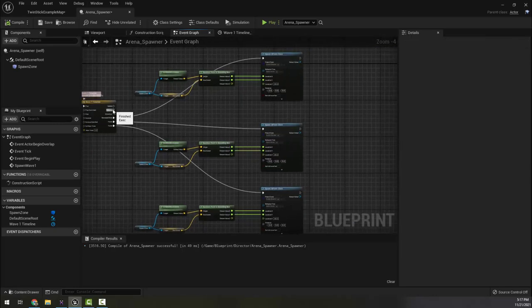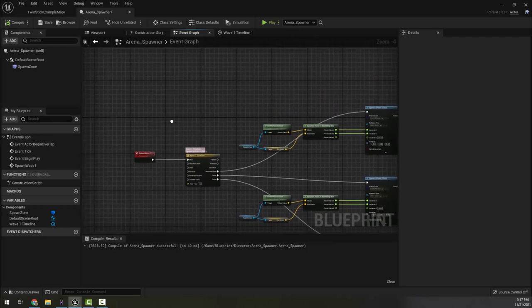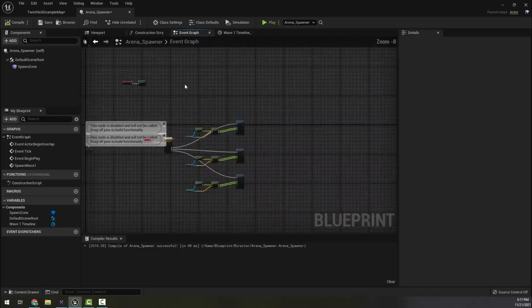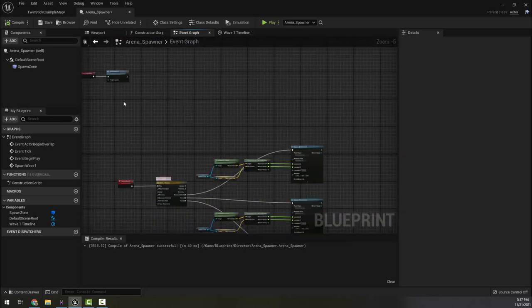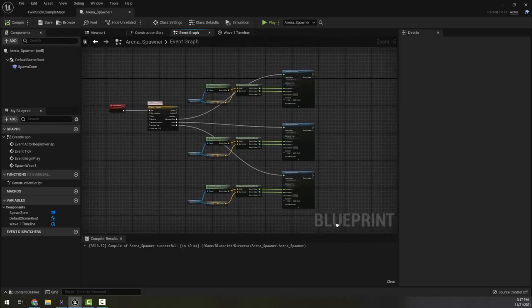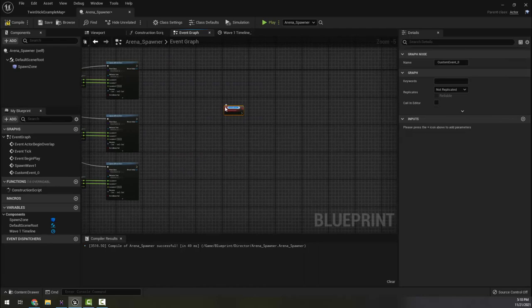And what we need is a way for it to check to see if all the enemies are dead. Okay? So I'm going to make a new custom event because we're going to want to trigger it a bunch. Let's say I'm going to come over here. So I make a new custom event, and I'm going to call this